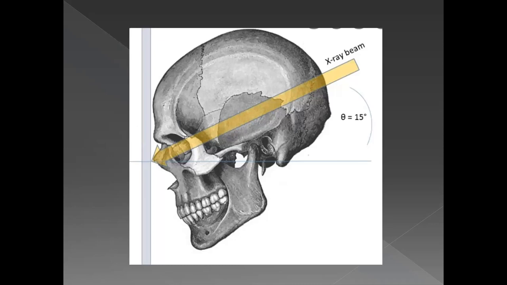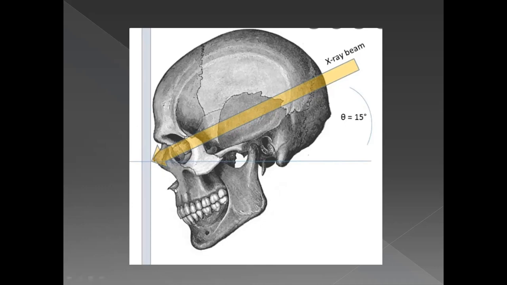So how is this taken? Well, now can you see the difference between this and the other views? In the other occipitomental projections, the patient's head was tilted upwards. All right. But in this case, in the caudal projection, the patient's head is now tilted downwards. All right. So when the patient's head is tilted downwards, such that only the forehead and the nasal tip is